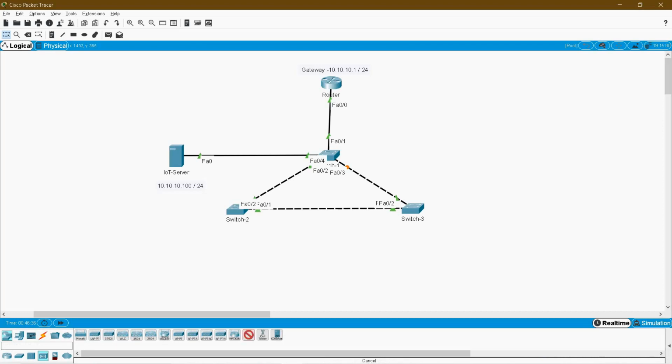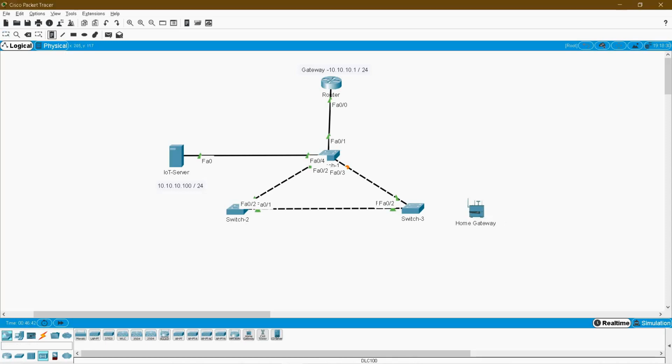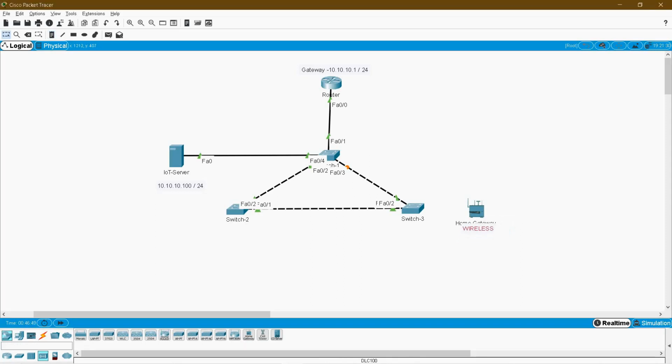Click the home gateway and put it here. Mainly this is used for wireless connection of your IoT devices. If you want to make a connection with your server through wireless means, you have to use the home gateway device, which you can find in the wireless devices.